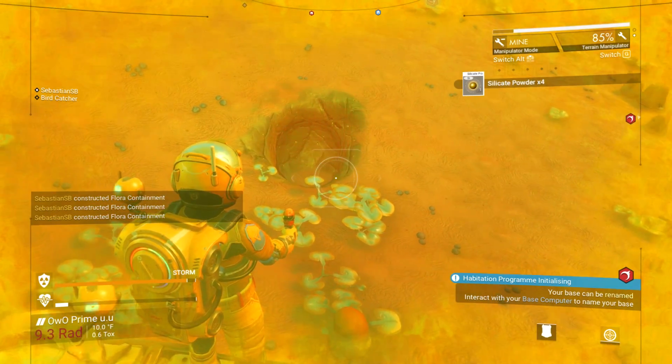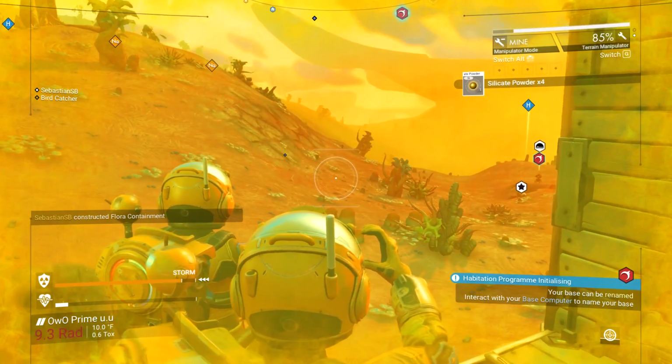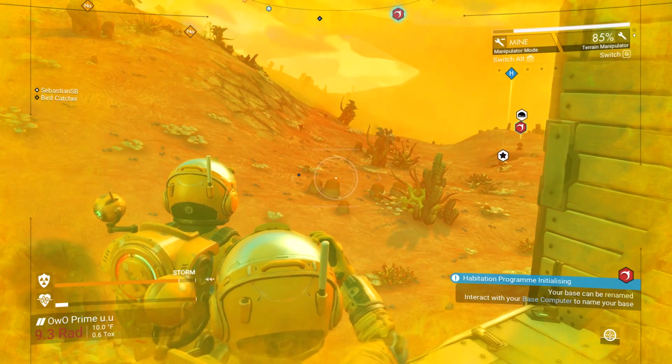Ooh, okay. I dug a hole on accident. Shit, that's right by our base. We're gonna fall in that all the time now. Yeah, that works. Okay, so